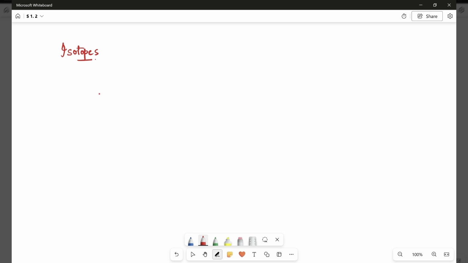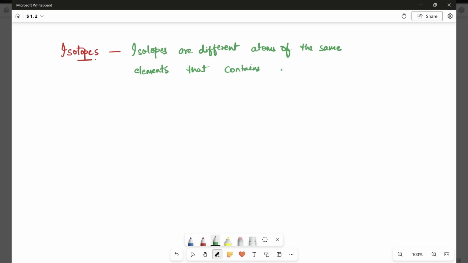So in the definition also, we are going to add the same point, saying that isotopes are different atoms of the same element that contain the same number of proton and